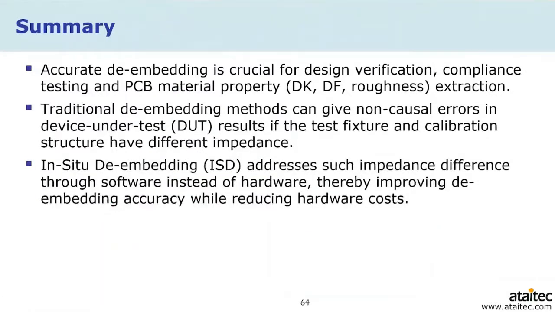Yeah, as a summary, we said accurate embedding is very crucial for design verification, compliance testing, and the Dk/Df extraction. And a traditional method will give you a lot of errors, right? If the test fixture and calibration structure are different impedance, and ISD addresses such impedance variation through software instead of hardware, so it can help you improve the embedding accuracy and reduce